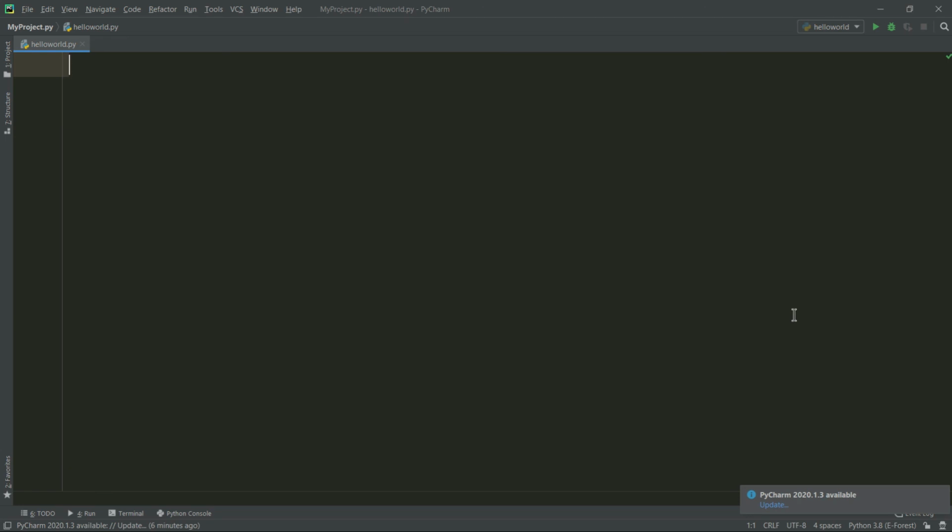Another concept is that tuples are visually not created with curly brackets, they're created with round brackets, and sets are created with curly brackets, and lists are created with square brackets. So these are a bit of core concepts, and we're going to jump a lot more into these concepts